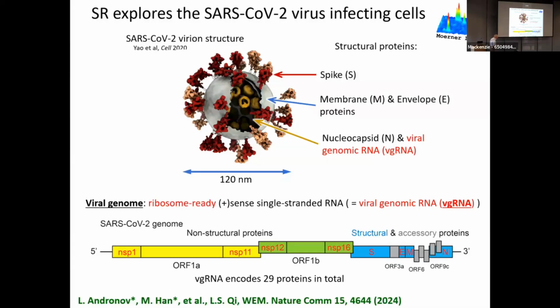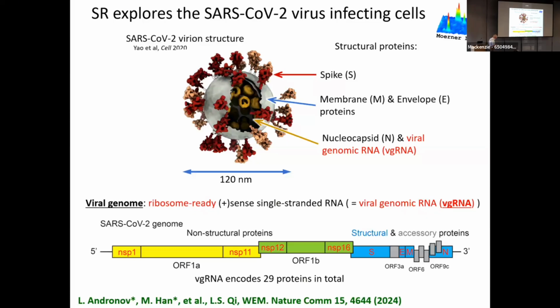And so the viral genome is what we were really focusing in on here, because the neat thing about this genome is that it's a positive sense single-stranded RNA. That means it's ribosome ready. As soon as it gets into the host cell, the ribosomes can start making proteins. And then it's all those proteins that are the rest of the infection. So we want to look at viral genomic RNA. We want to look at certain numbers of the proteins. So this is the gene itself, and there's different what are called non-structural proteins and structural proteins. Here's spike. Spike has to be made, etc. Okay, so there's in fact 29 proteins total. That's all, though. Only 29 proteins.